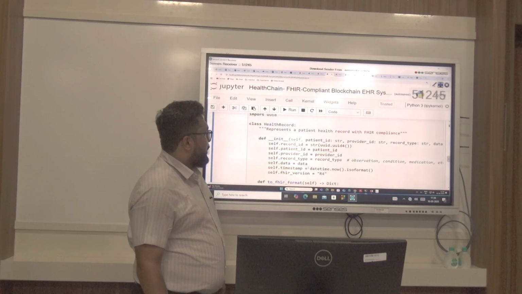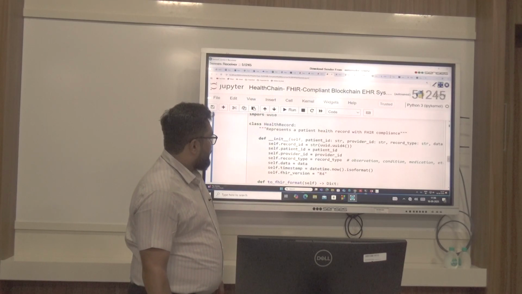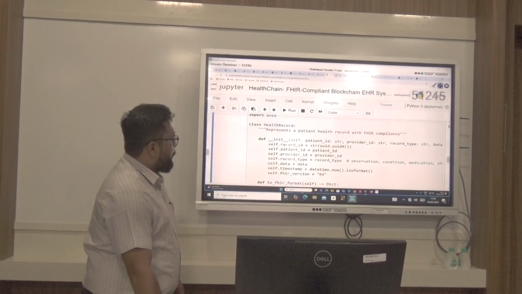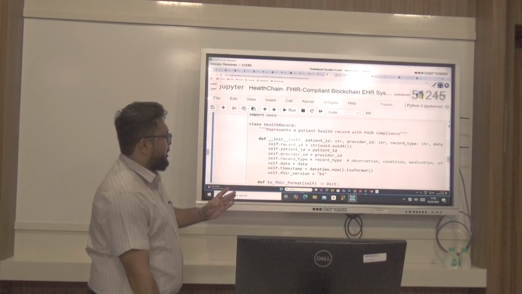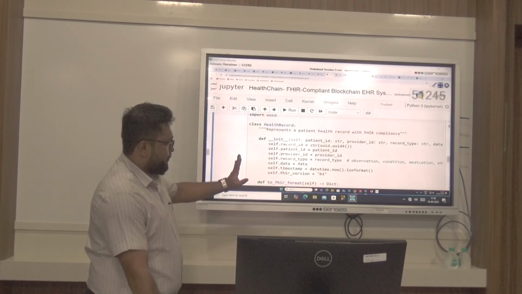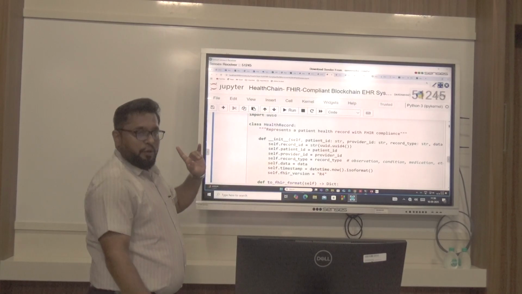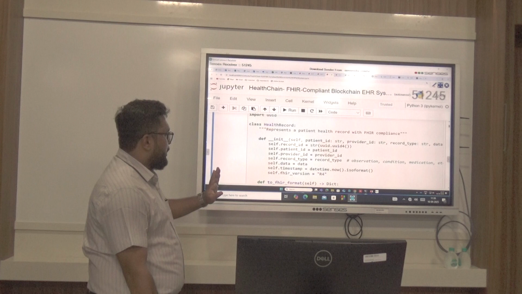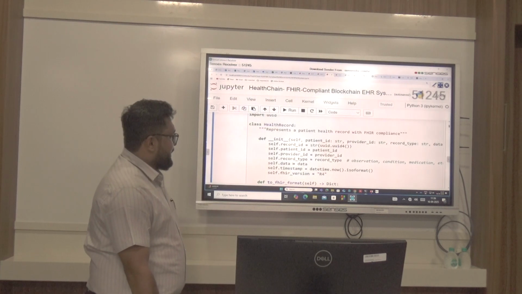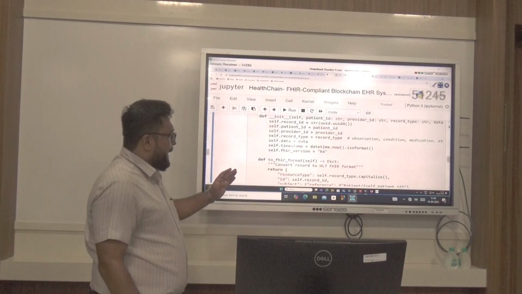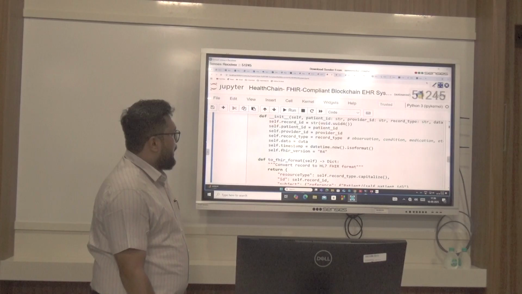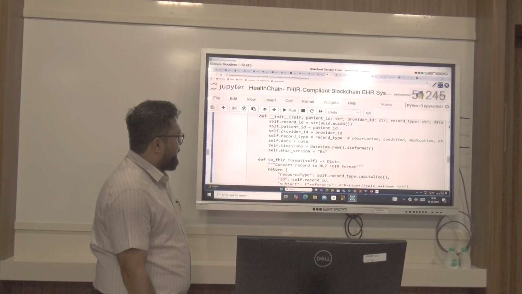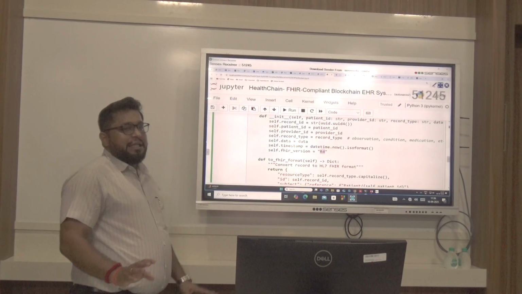We give the patient ID, record ID, provider ID, and record type, whether it is observation, condition or medication, that is kept in the record type. Then this is the data. At what time this record is created, we use the timestamp, and the FHIR version we are using is R4. There are different versions, out of that we are